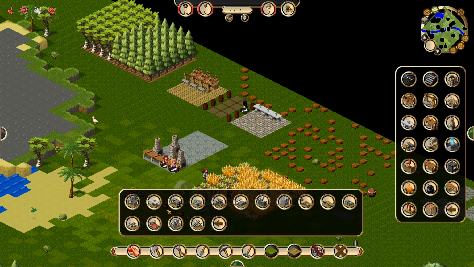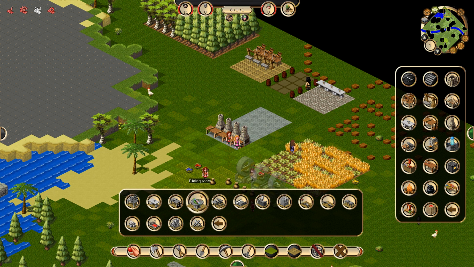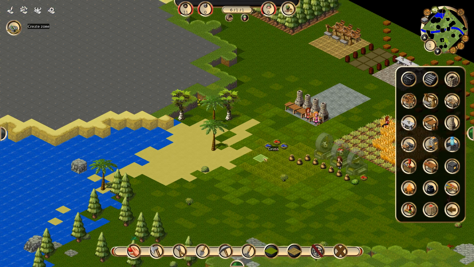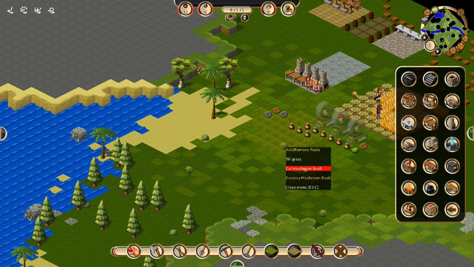So let's see, what else do we need? Yes, we're gonna need to build a dining room. So they will prepare food in the bakery, and then they'll have a dining room where they can eat. And so we're actually going to put the dining room